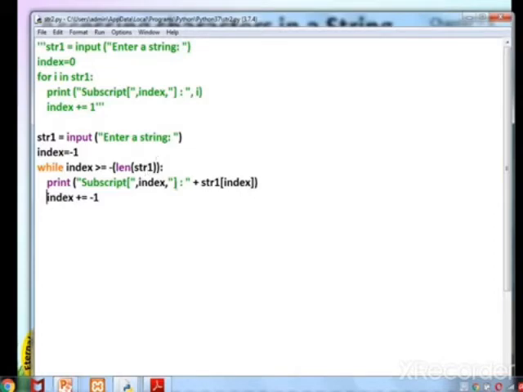The same subscript procedure is used here for our understanding. Subscript of index: first we check the index, which comes with this plus str1 of index. This plus here is a concatenation operator. That means the left side and the right side are printed together.